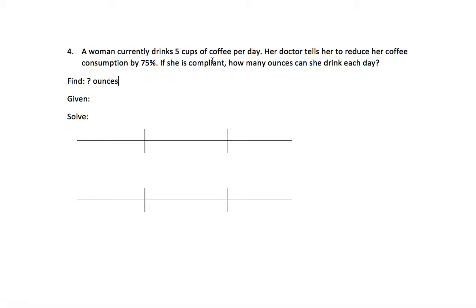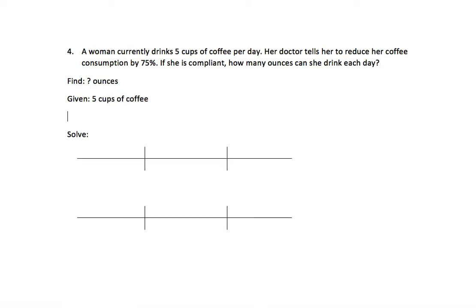And so, we're given that she currently drinks 5 cups of coffee, and to reduce it by 75%. So he wants her to take away 75 less for every 100 current cups of coffee that she drinks. And